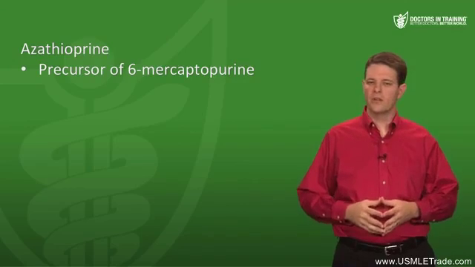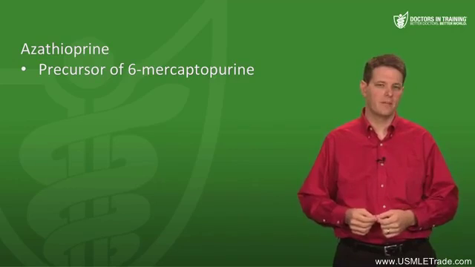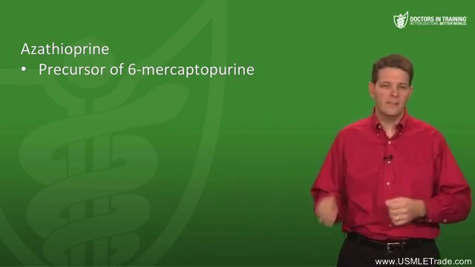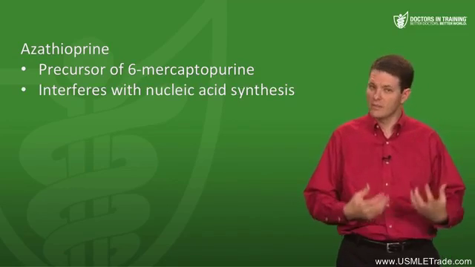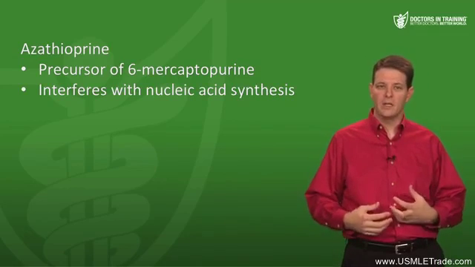Let's talk about azathioprine next, which is a very commonly used immunosuppressant. It's a precursor of another drug you're going to need to know, which is 6-mercaptopurine, or 6-MP. So azathioprine is a prodrug for 6-MP. Both azathioprine and 6-MP interfere with the synthesis of nucleic acids. And obviously, if you can't synthesize nucleic acids, cells won't be able to divide and replicate, and immune cells won't